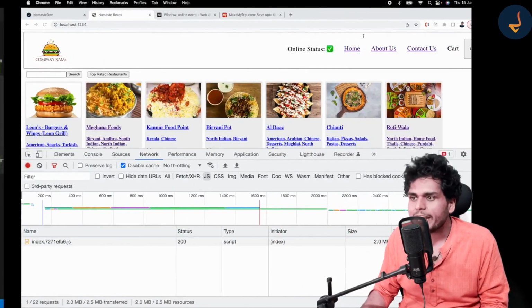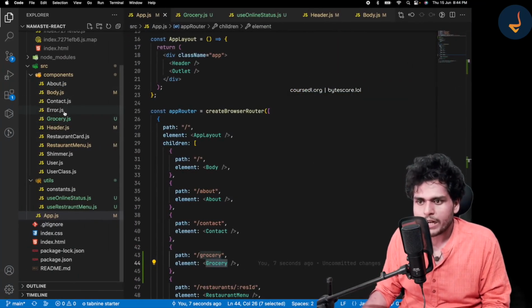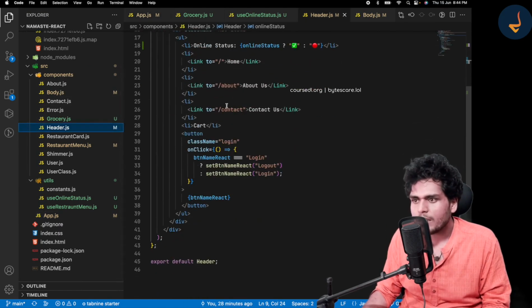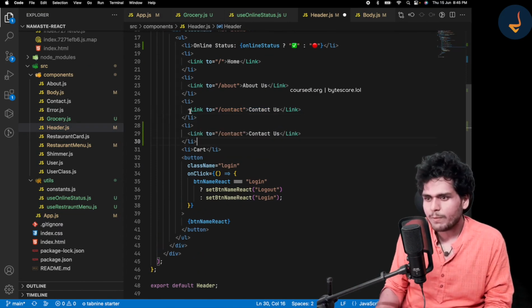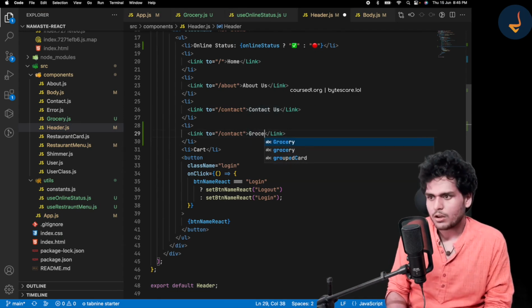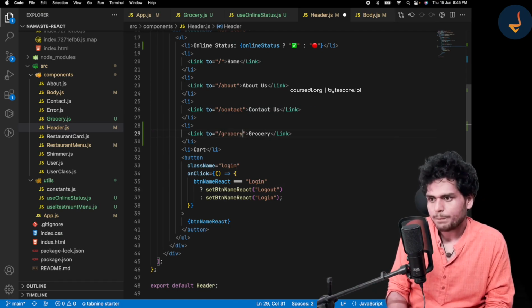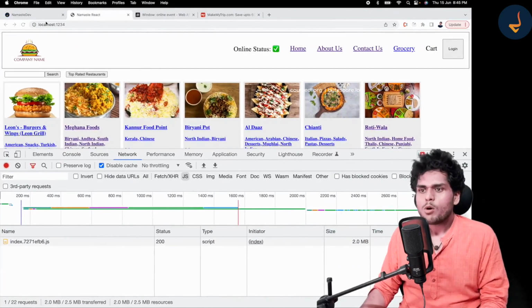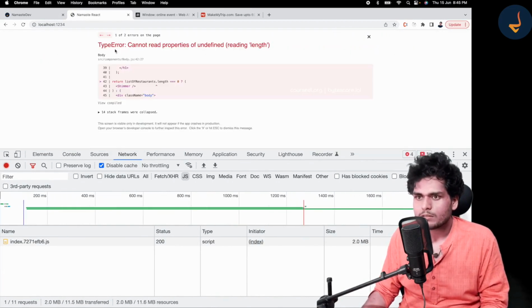Let's create a link on the header also, so that we can quickly move there. If I go to my header, after contact us, let me add grocery over here. Now if you refresh the page, we have grocery over here.